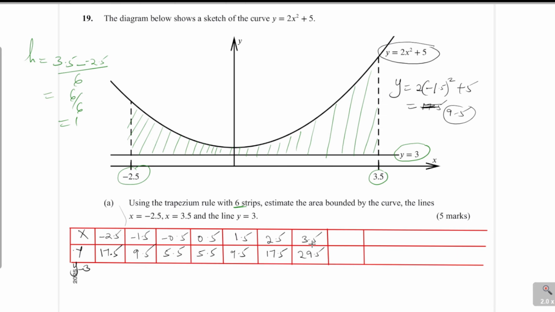We have to subtract the area below the line. So we have to subtract now 3. Y is equal to y minus 3. Subtract 3 in each of these values of y. So we have y, subtract 3. So these will be